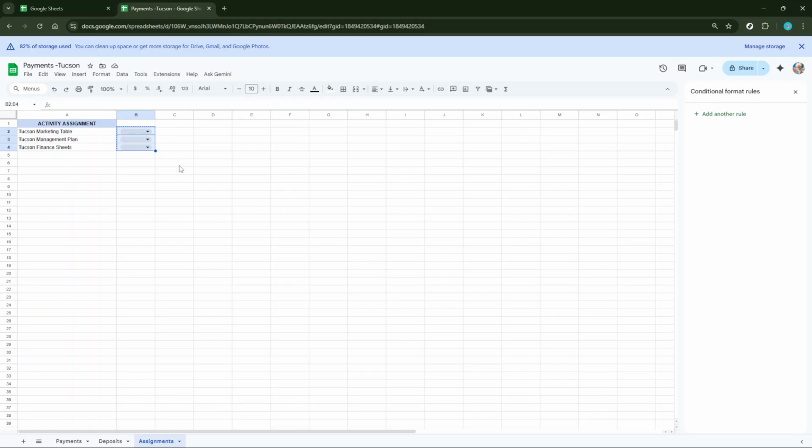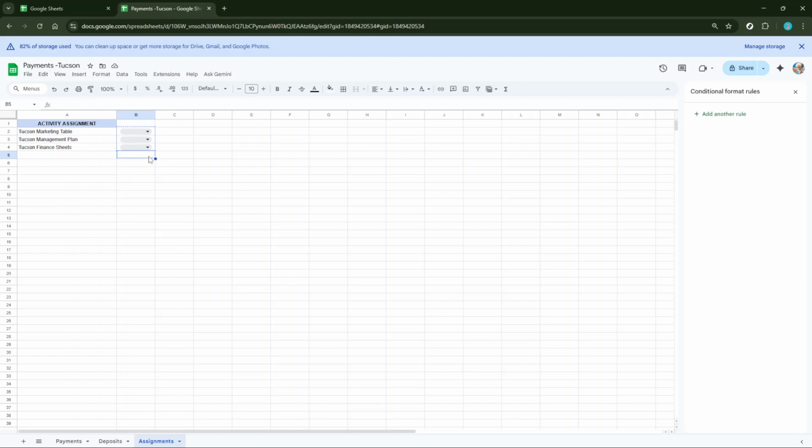Next, you're going to need to decide where you want your copied drop-down list to appear. This could be just another single cell, or you might have a whole range in mind where you want these options to be available. Once you've decided, go ahead and select the target cell or the range of cells if you have multiple locations in mind. This selection marks where the copied drop-down list will be duplicated.